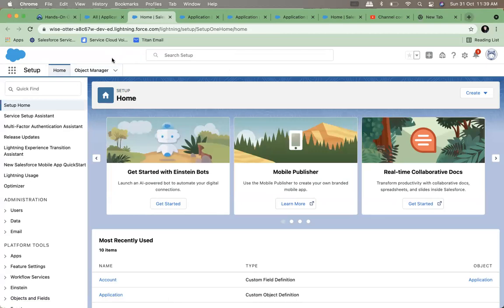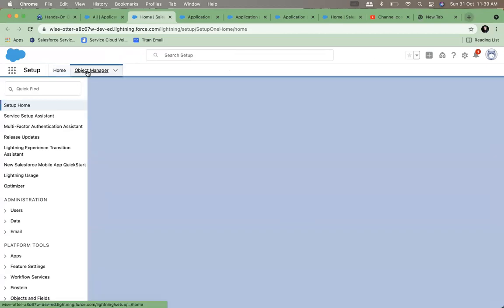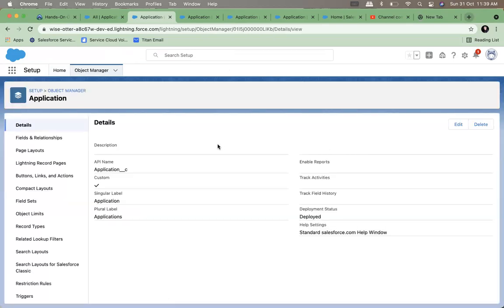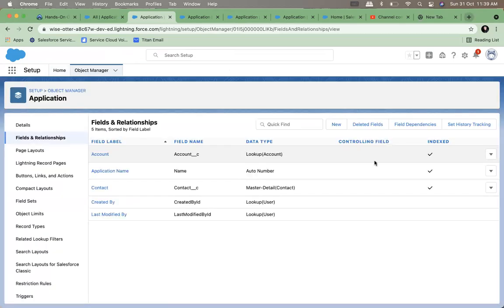What is the relationship between account and application now? Account object, sorry. What is the relationship between... let's change this a little so that it makes more sense to you.